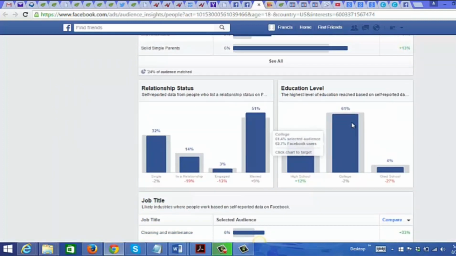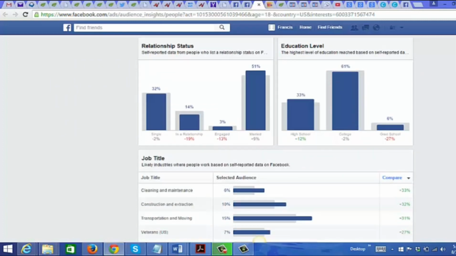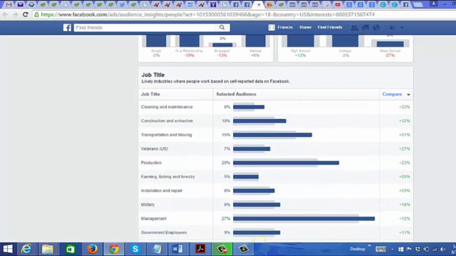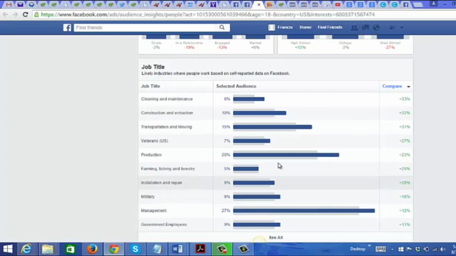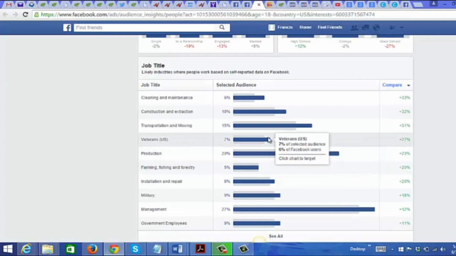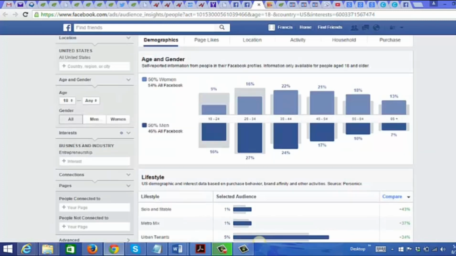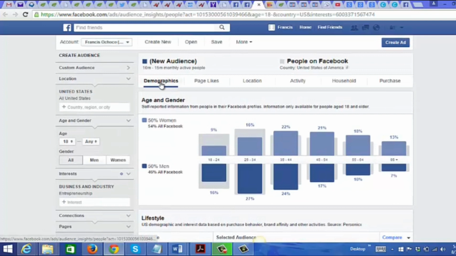You see that 61% have some college education, and for the job titles, you can see a lot of them are in management, production. You can also click on these other tabs.